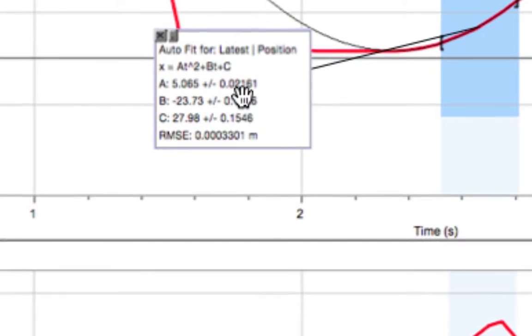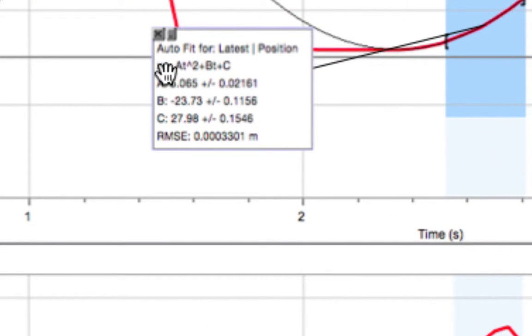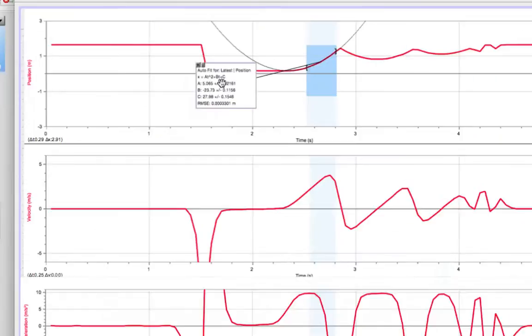So as you go around, this equation is actually going to be a quadratic. X equals AT squared plus BT plus C, and you're going to write these coefficients for each of those letters. So the A is going to go in here. This B part, nothing after this part. So you're just going to write down 5.065 or whatever your number is. Plug in your B, plug in your C.